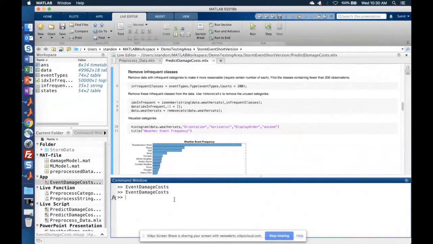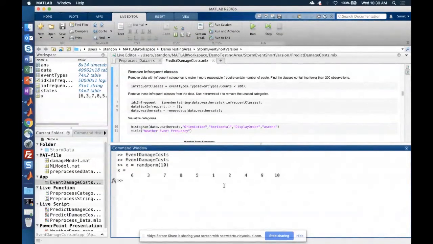To give you an idea about how it works, let's say I have a variable x, which is numbers 1 through 10 in a random order, and I wanted to subset, or select, all the values which are less than 8. In a standard programming language, you would have to write a for loop or a double for loop or a triple for loop, depending on the dimension of the data, to do that subsetting. In MATLAB, it's a single line of code, and I'll show it to you in 2 lines.